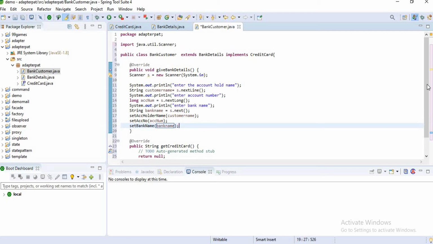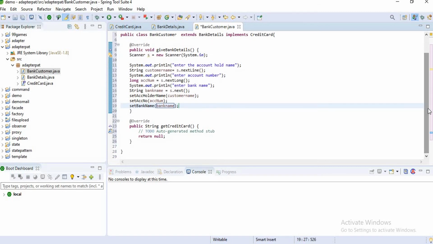Now I want to use another method. I can say I want to create the functionality of another method here.